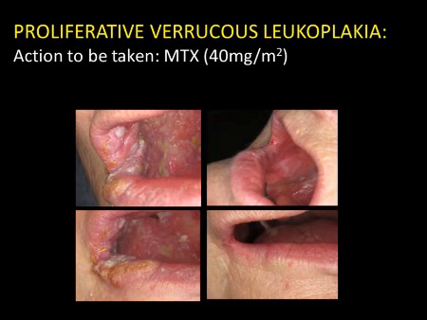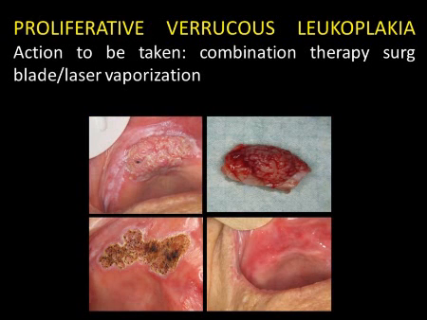For large proliferative verrucous leukoplakias, drug treatment with weekly perfusion of methotrexate may be recommended and frequently enables eradication of this type of lesion, which routinely develops into invasive squamous cell carcinoma. Finally, mixed treatments combining surgery and laser vaporization can be offered, depending on the size and thickness of the lesions.